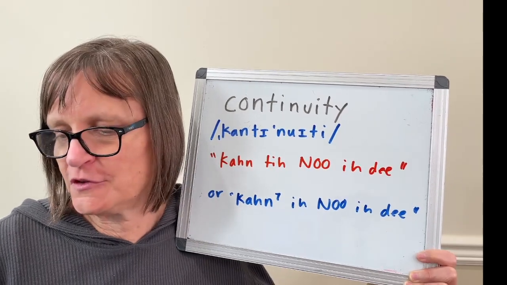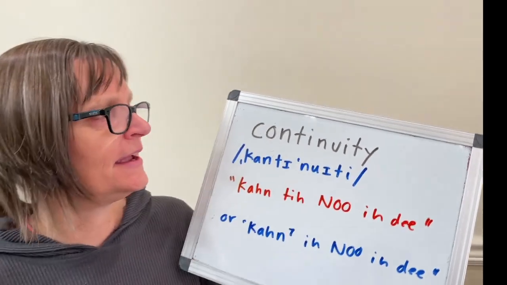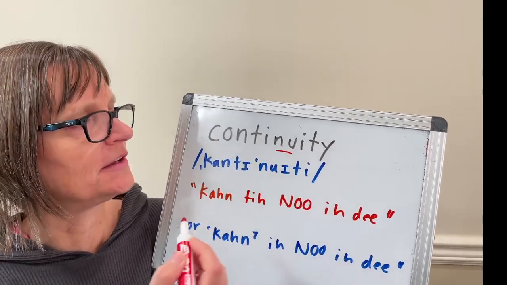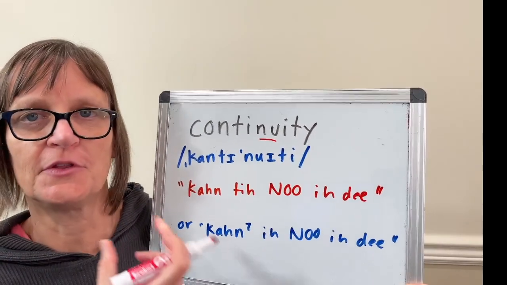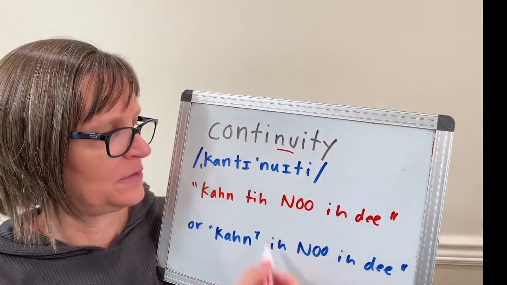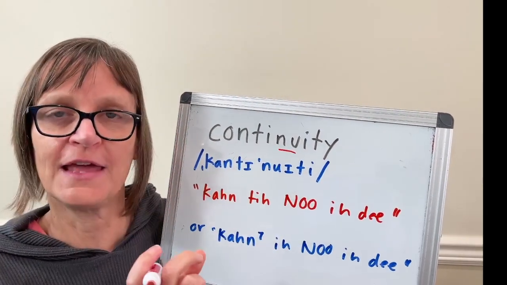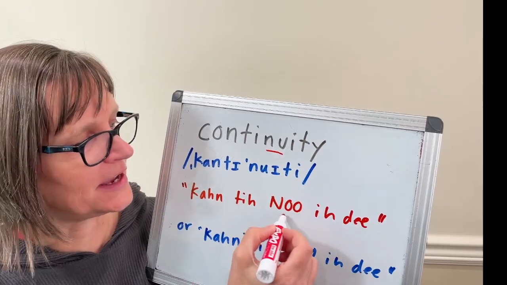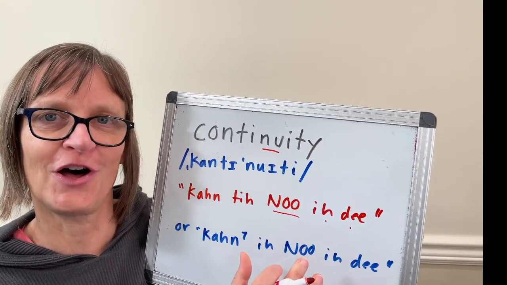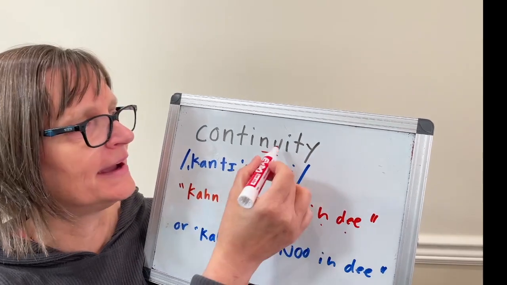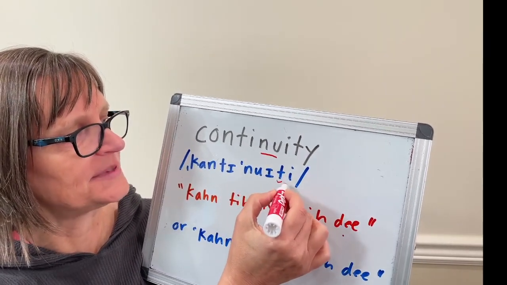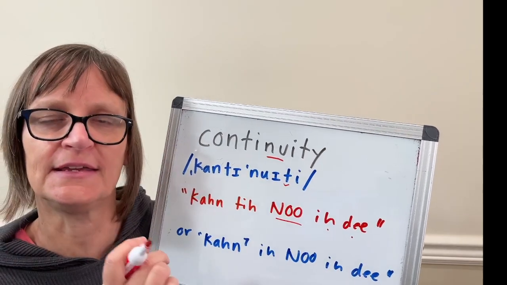So first off, looking at the IPA, the stress in this word comes on the second to last syllable, the nu syllable, continuity. So regardless of which way I say it, the end of the word is the same. It sounds like nuity, nuity, with the nu being long and having the clear vowel, and then my ity ending being my typical flap sound and E sound, itty, itty.